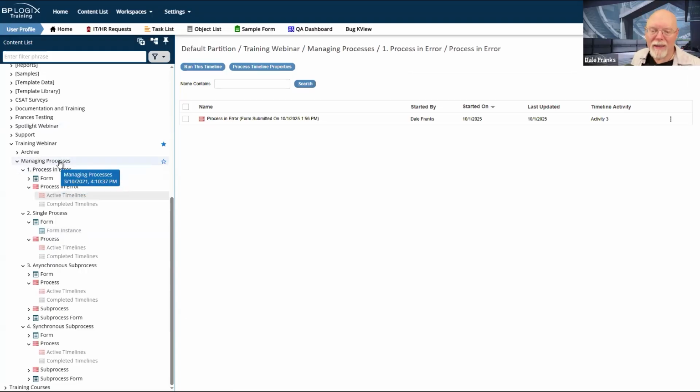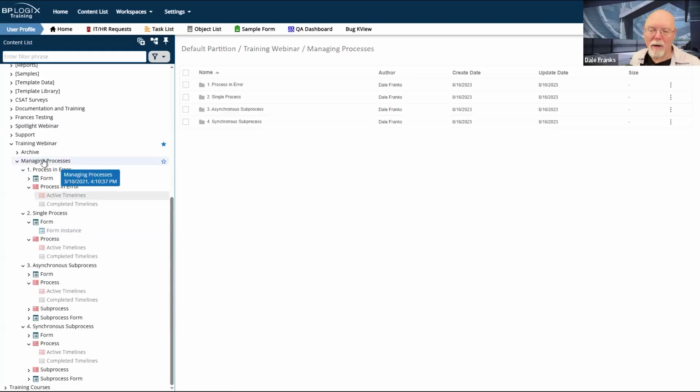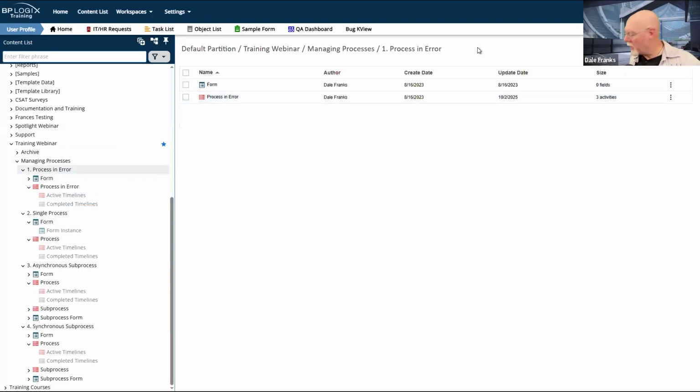We are going to take this process in error and, you know what? Let me export it and re-import it real quick. What time is it, by the way? Oh, it's 11:38. I don't think we're going to get to the synchronous and asynchronous processes deeply at all, but that's fine. I have a whole webinar about that, so there's no reason to cover that ground in any detail.